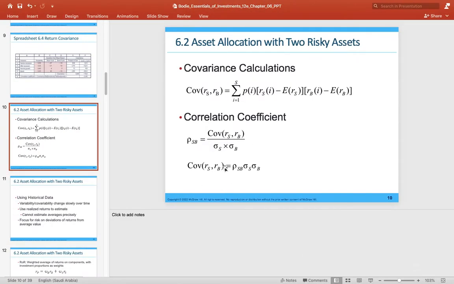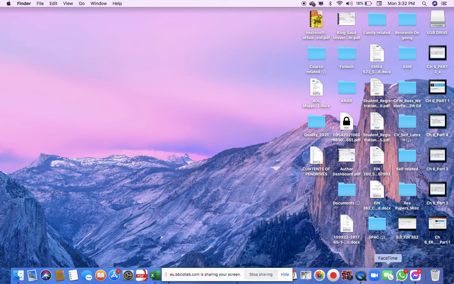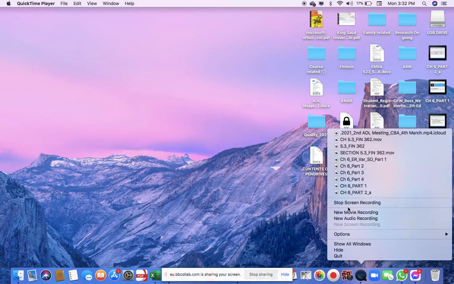Sometimes you will be given correlation, standard deviation of stock, standard deviation of bond, and covariance is asked. Then the denominator on the right side goes to the left side and is multiplied with the correlation. Sometimes correlation, covariance, and one of the standard deviations will be given, and the other standard deviation will be asked. Correlation given, covariance given, standard deviation of stock given, standard deviation of bond is asked. Sometimes correlation given, covariance given, standard deviation of bond given, standard deviation of stock is asked. So anyway, you can have any three data given, and the fourth you can calculate by manipulating the formula. This is the way we calculate standard deviation, correlation, covariance. We see whether the kind of diversification is